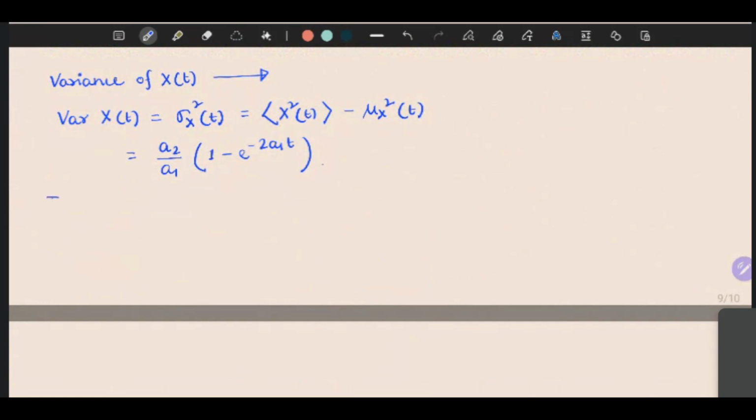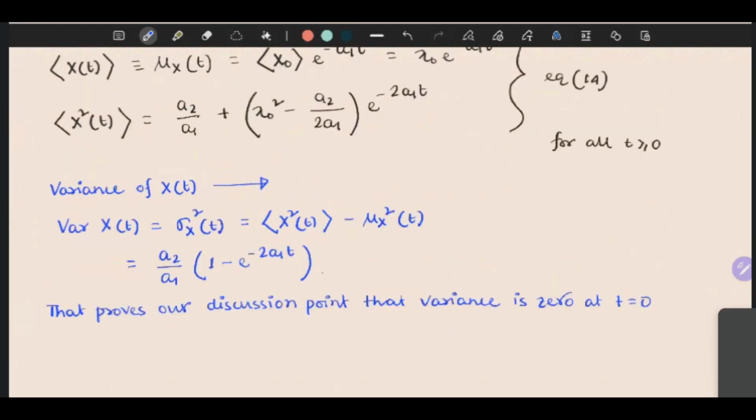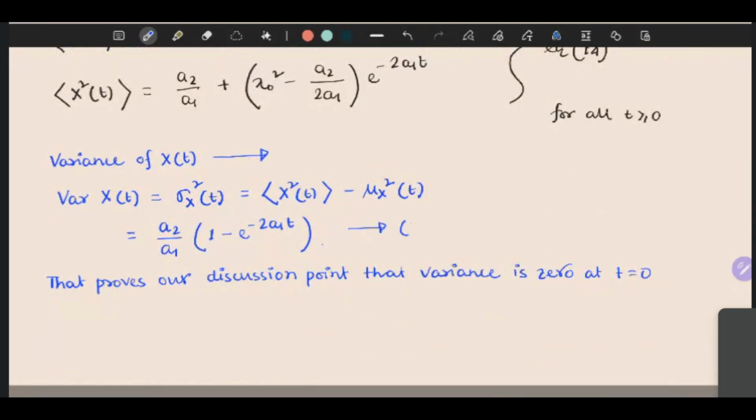So that proves our discussion point that the variance is 0 at t is equal to 0, and then